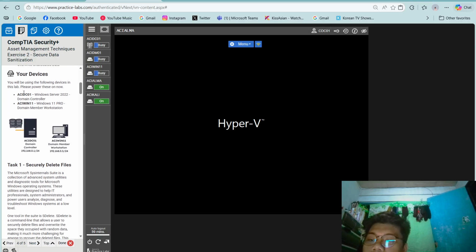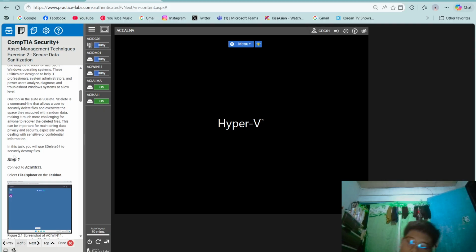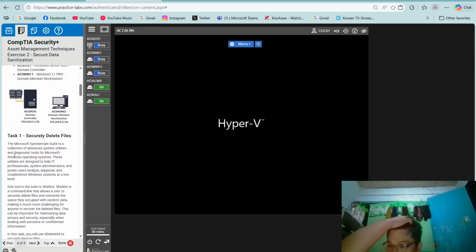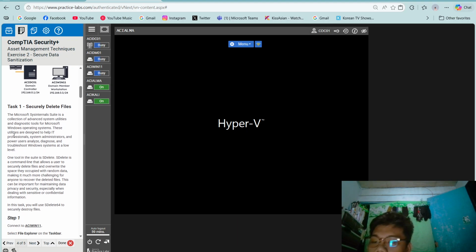So you will be using the following devices in this lab. Please power these on now. So ACI DC01 and ACI Win11. So task 1, securely delete files. The Microsoft